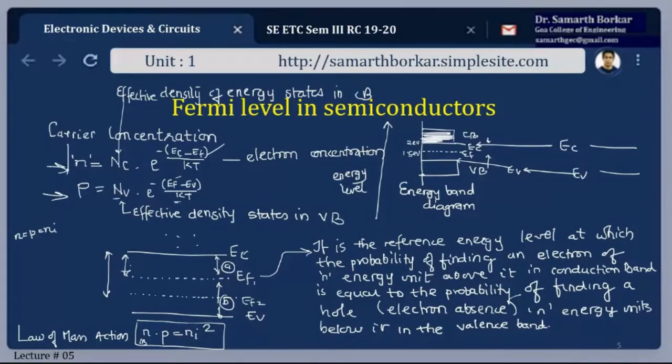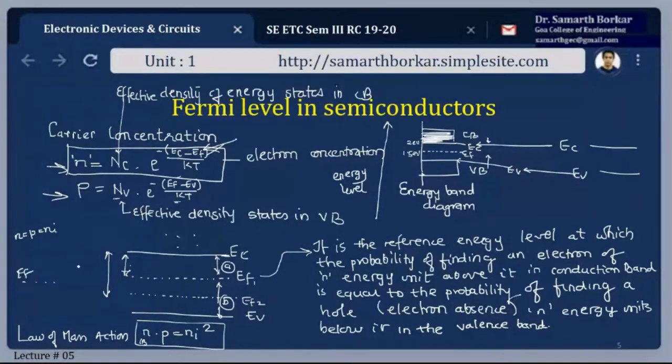This is the expression that will tell me the concentration of electrons. T, let us assume to be constant at this point of time. K is constant, NC is constant. So EC we are taking as a constant for a given sample, and what we are trying to vary is the value of EF. EF is going to get changed from one level to another level for our understanding. Let us mark this as EF1 and this as EF2. At any point of time, there will be only a single EF.